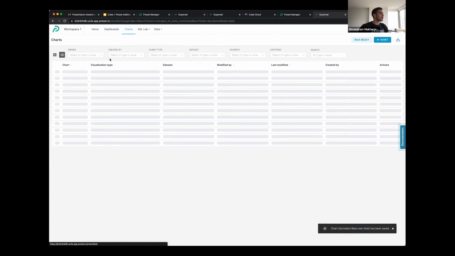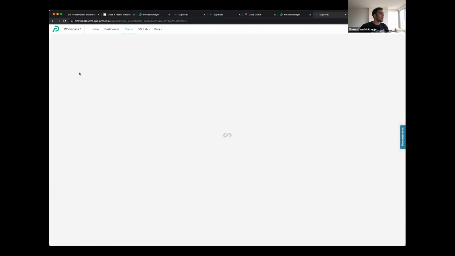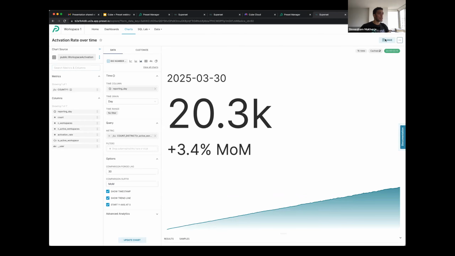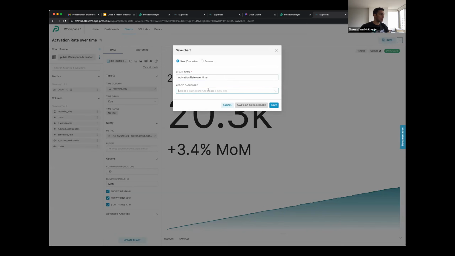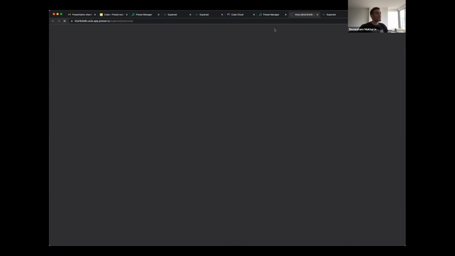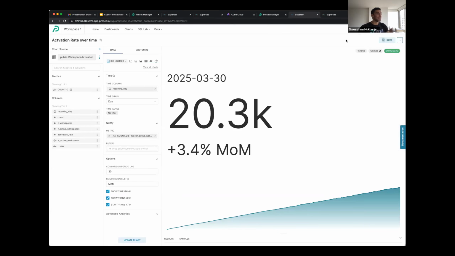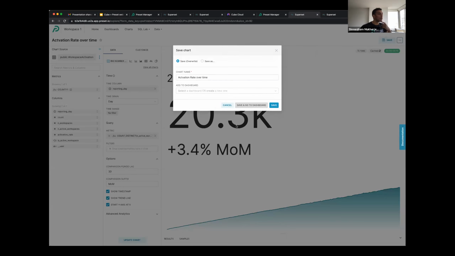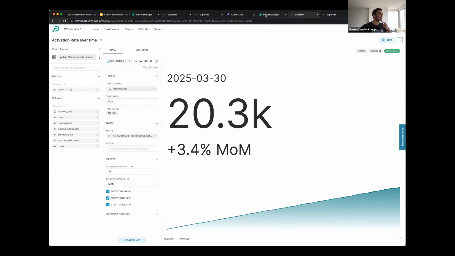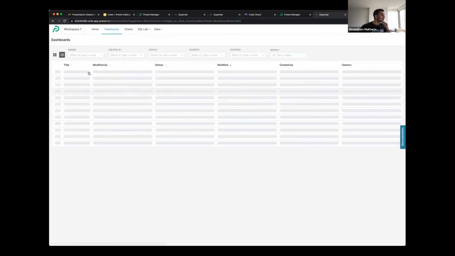Now, if I go to my charts, I should be able to just add this into my dashboard now. So save. I'm not sure why this isn't showing up. Yeah, there's a glitch. Of course, during the live demo, that kind of stuff happens. Let me just open up the dashboard instead. I promise that doesn't normally happen. It should have just saved, huh? Yeah, this looks like kind of a nasty bug, but I will go back to the dashboard itself through here,